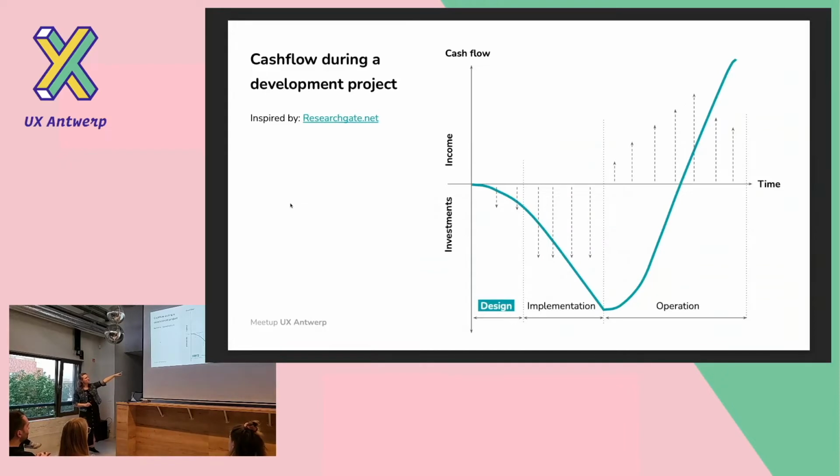Because if you implemented everything and then you find out that what you created is not useful for the target group or it's not working as they expected, then you have a big problem because you invested a lot of money for something that's not valuable to your market. So it's important to have the design phase up front and validate quickly. The word validation was very important, with a little investment to be sure that after implementation you will be successful.